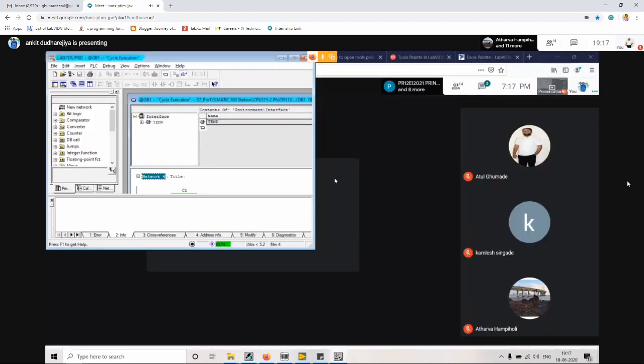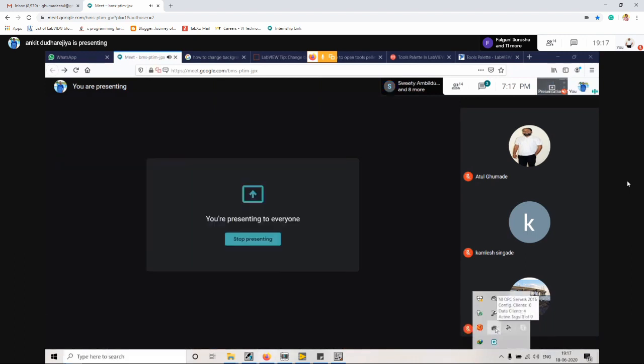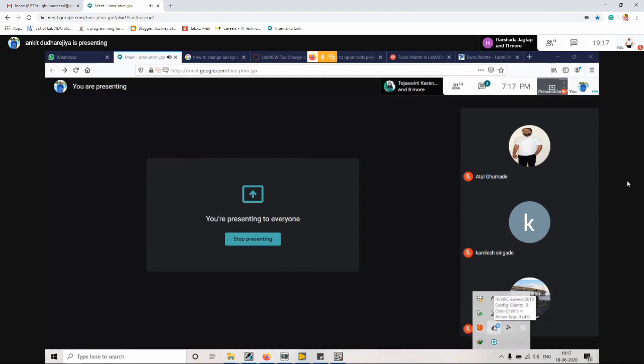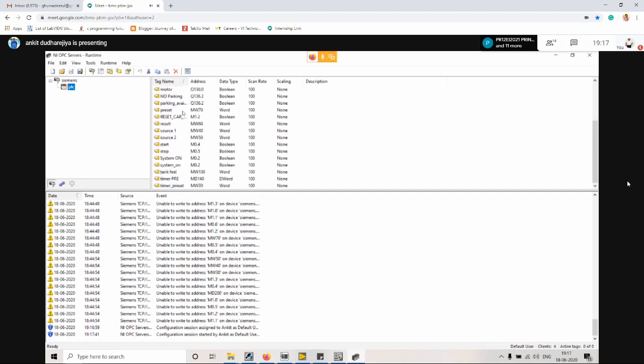Then the next step is we have to configure the OPC server. So how will we do that? We have to open our OPC server, which we can find directly over here. So I'm clicking on that. So our OPC server view is like that. Already I have created one topic over here, and you can see whatever the tags are in the PLC that I have used over here.